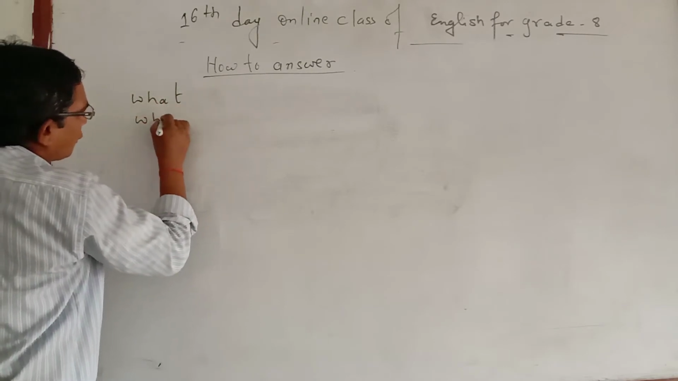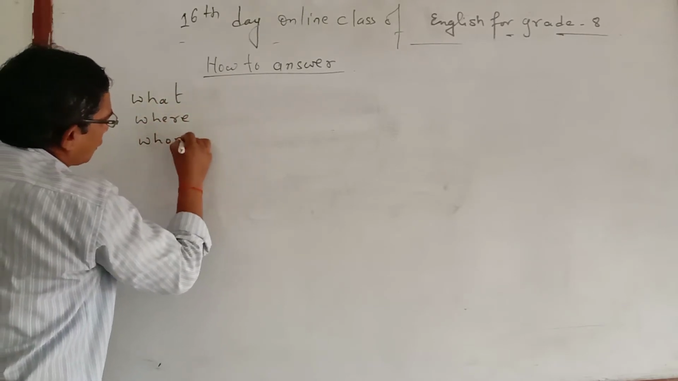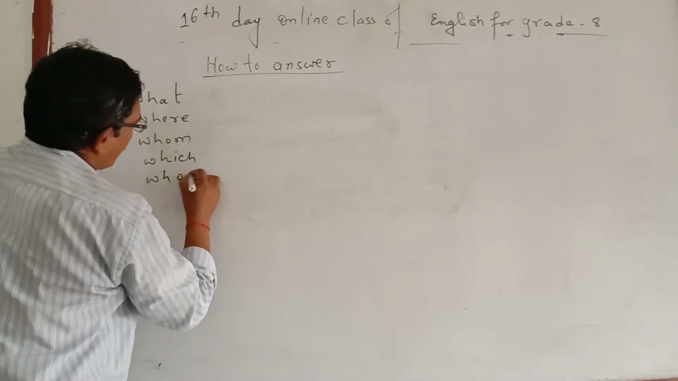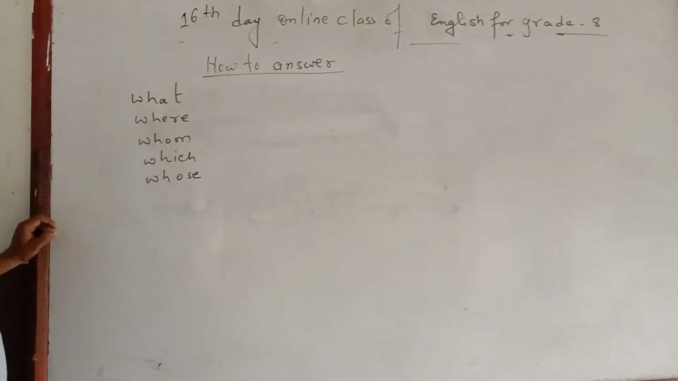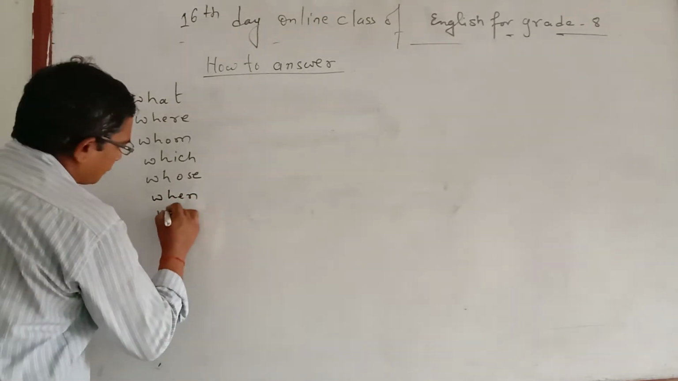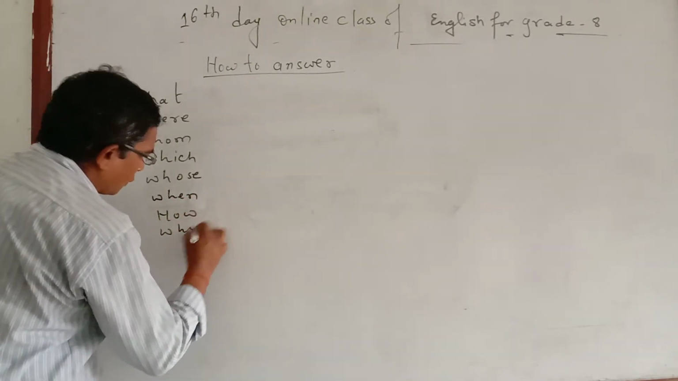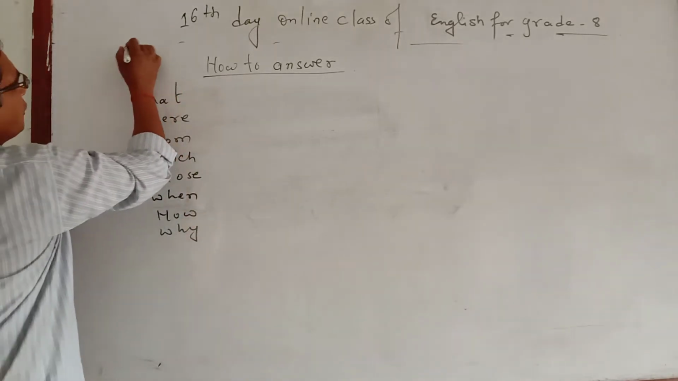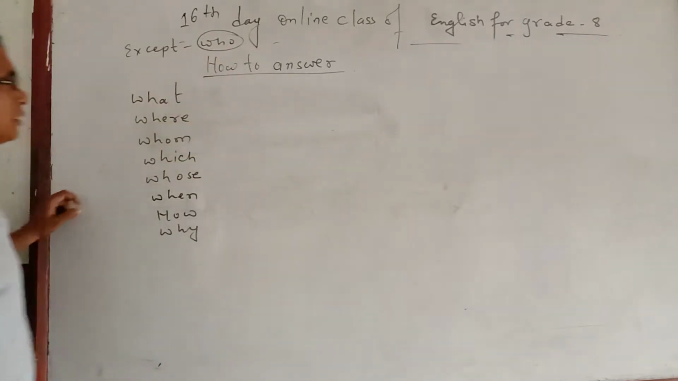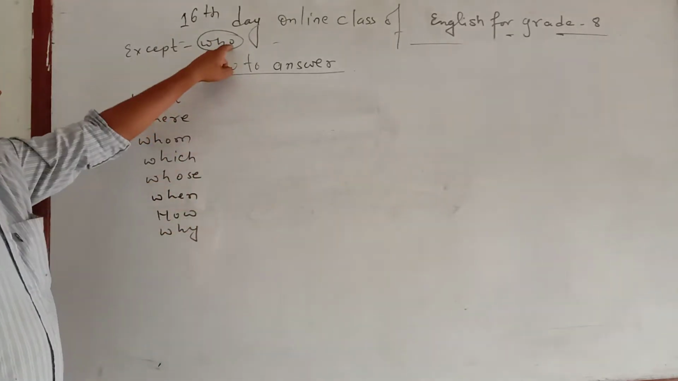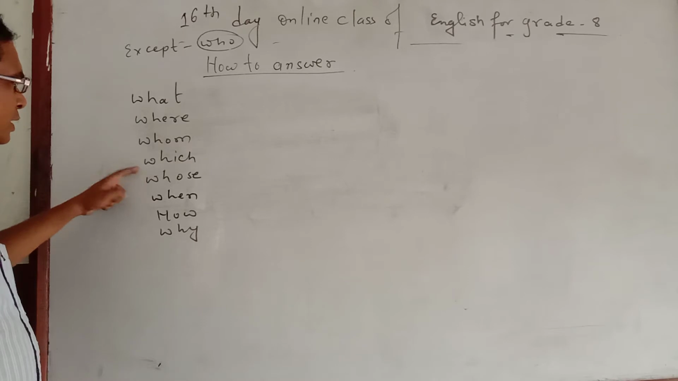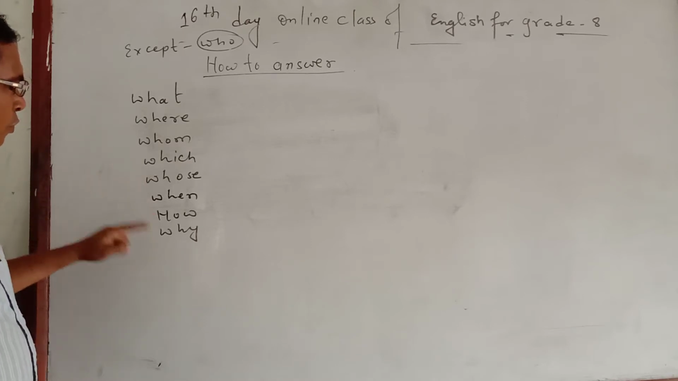What, where, whom, which, whose, when, how, why, and one thing you remember, except who. Because these rules will not be implemented when the question is asked with who. So except who: what, where, whom, which, whose, when, how, who,